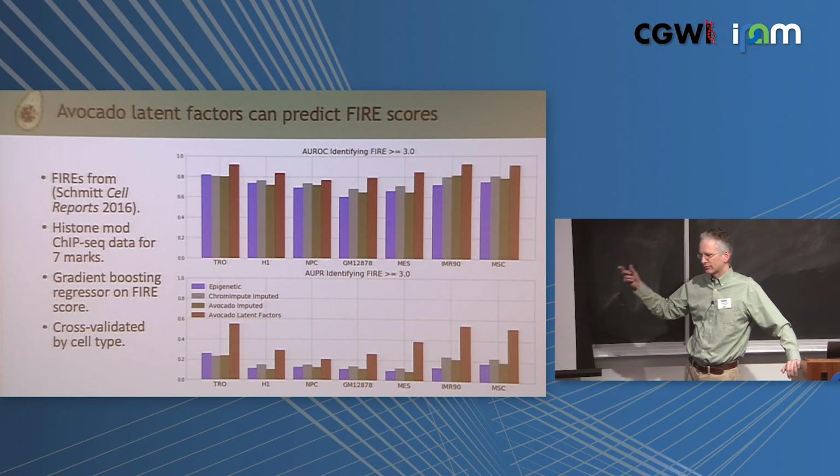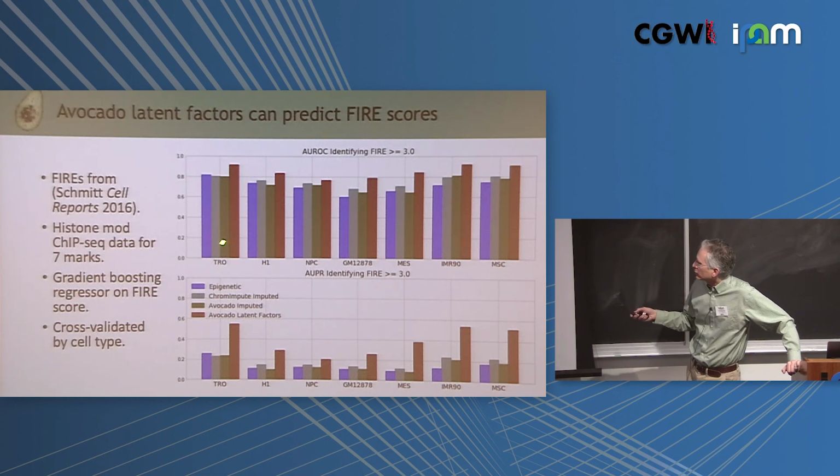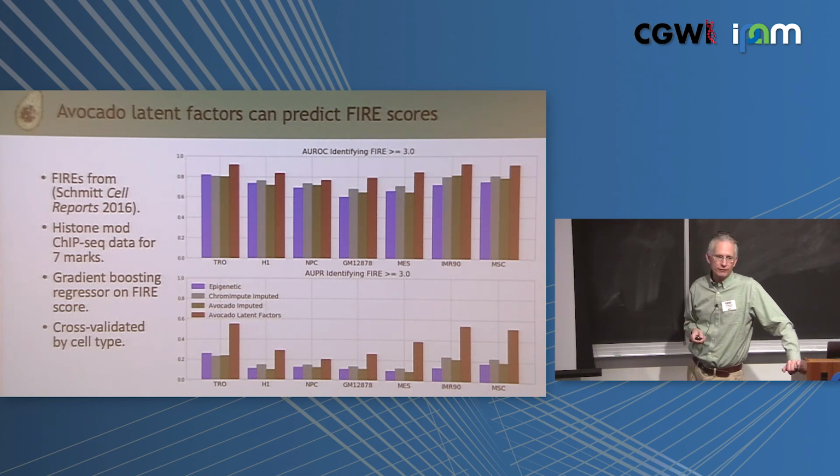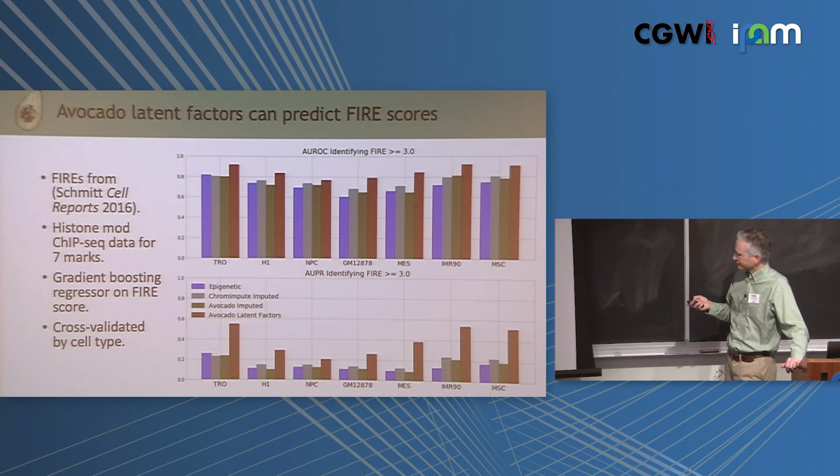Again, this was a task that was taken from the Ren Lab paper, and we just asked, could we do a good job of that if instead of using the actual epigenetic data, so we have like 7 histone marks, and we do gradient boosting, if we take the Avocado imputed data, the ChromImpute imputed data, the actual epigenetic data, or the Avocado latent factors, we do a much better job of predicting where the FIREs are in that setting